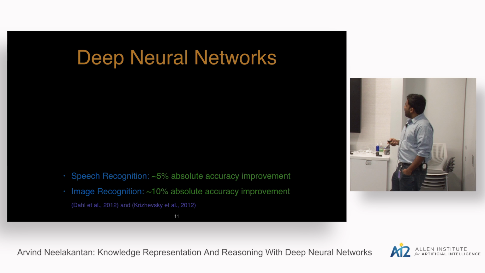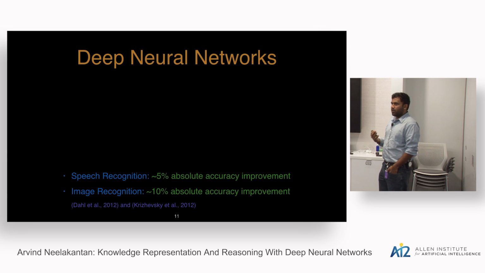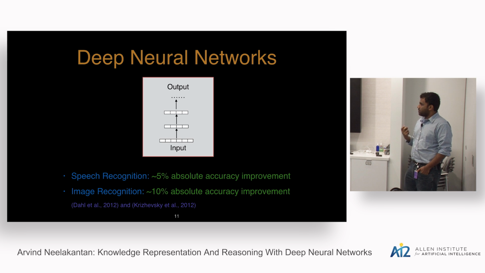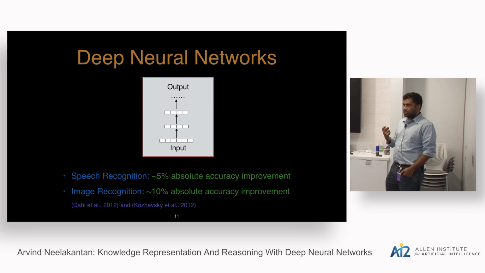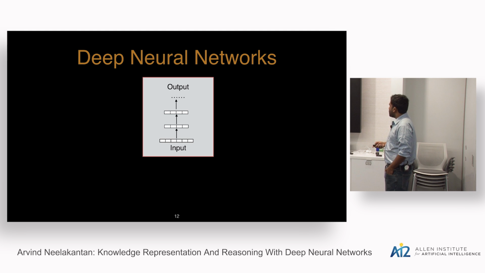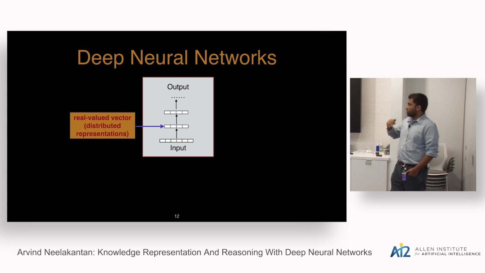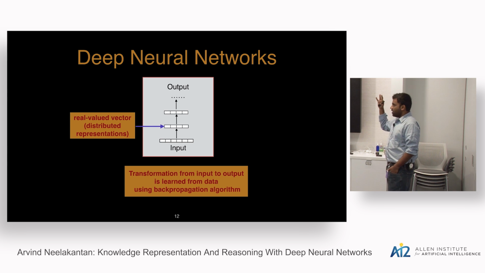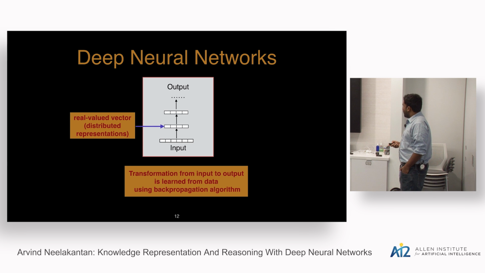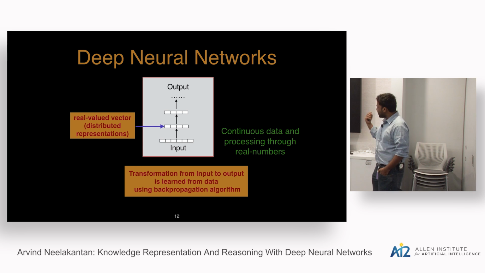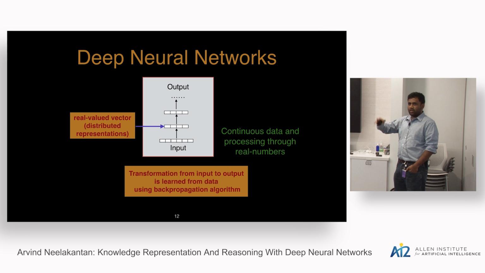Okay, so I'm going to leave knowledge representation and reasoning just for a minute to describe what was happening when I started my PhD thesis. Deep neural networks were really taking off, and they were performing really well on perception tasks like speech and image recognition. So the input is some continuous vector, and you have many hidden layers of continuous processing, and you reach an output. All these hidden layers are learned through gradient descent. And again, the key takeaway here is that the processing is done in continuous space.